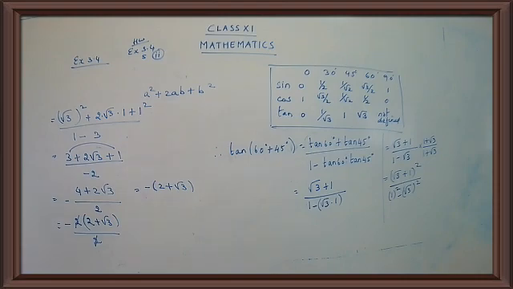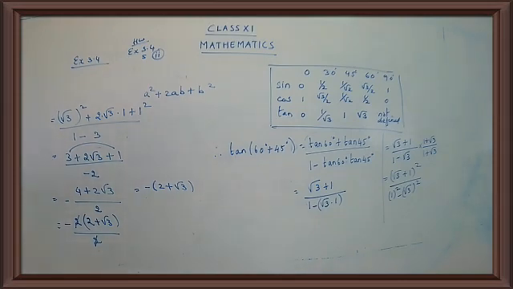Are you clear with the answer, children? Very easy thing. You have to just go on substituting the values. The thing is, you should know the formula first of all. Once you know the formula, you can substitute the values and you can get the required answer. Are you clear with this, children? Okay, now. I have already given you one sum as homework, that is sum number 5. The second subpart is your homework.